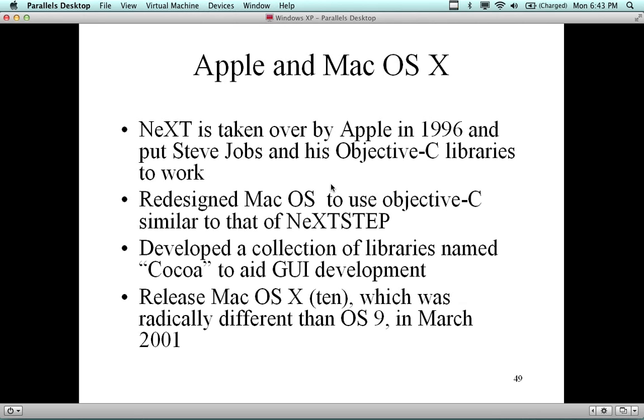So Apple and OS X. NeXT is taken over by Apple in 1996, which put Steve Jobs and his Objective-C libraries to work. Now the operating system is built out of Objective-C. They redesigned the Mac OS to use Objective-C similar to that of NeXTSTEP, and developed a collection of libraries, and this is where Cocoa comes from. How do you get Cocoa out of that? Well, they were thinking Java. They were thinking Cocoa. All of this stuff came out at the same time. I guess they weren't having enough coffee. I don't know. They definitely had